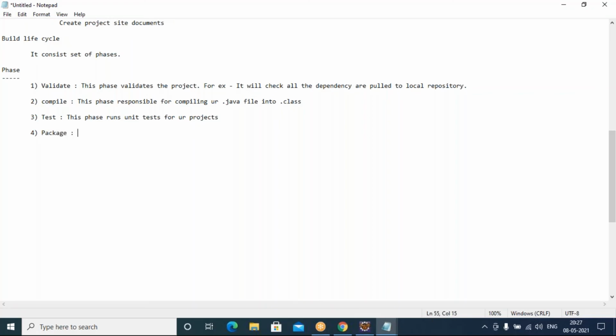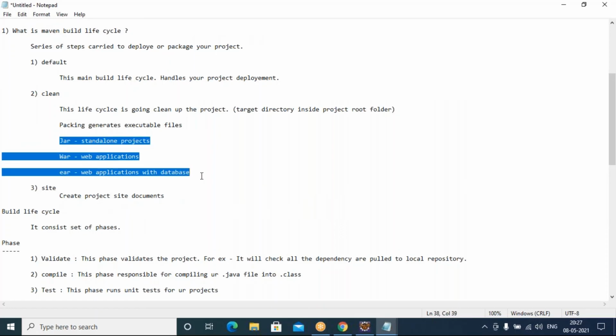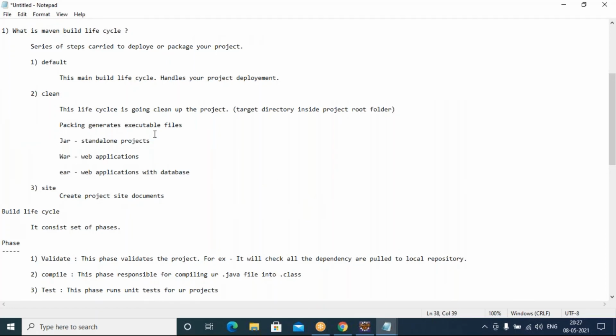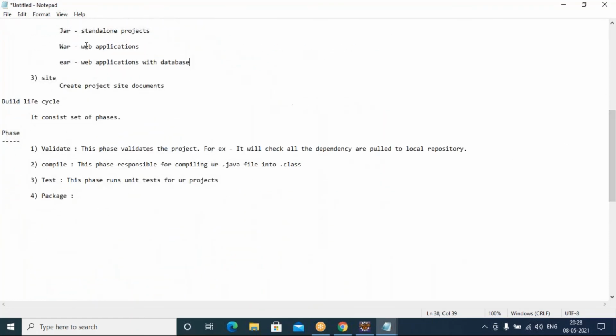In the next phase we have package. Package phase, as I mentioned, we need to tell Maven while creating the project itself what is the expected end result from this project. Based on that specification provided in the pom.xml, it's going to create that jar file, war file, whatever file you are defining.